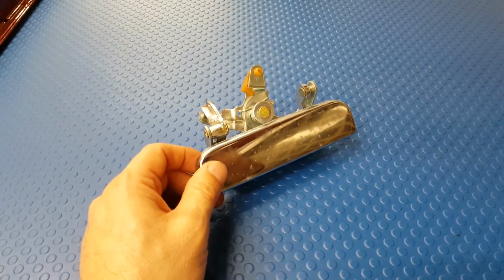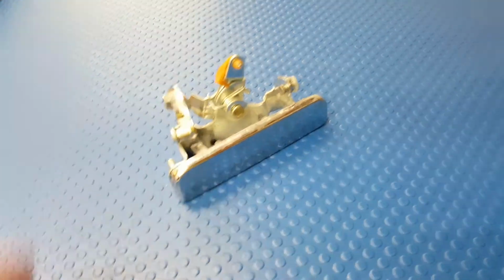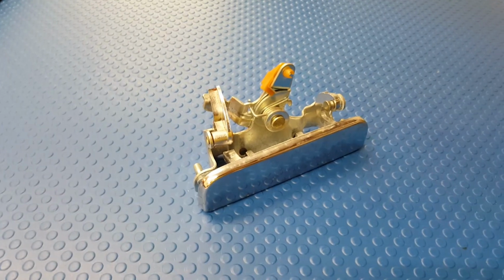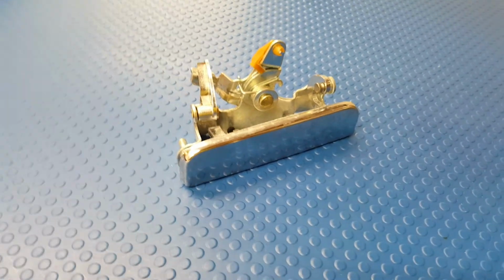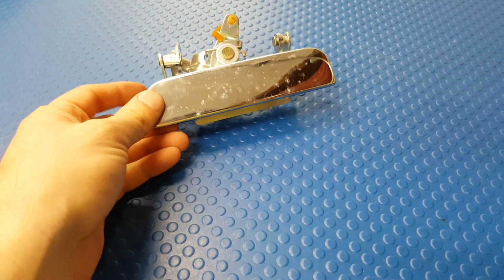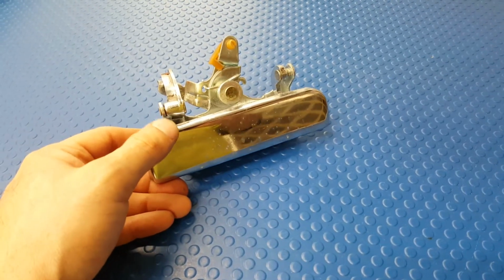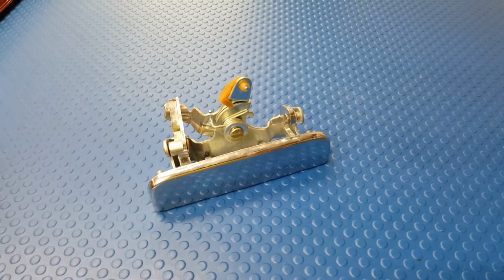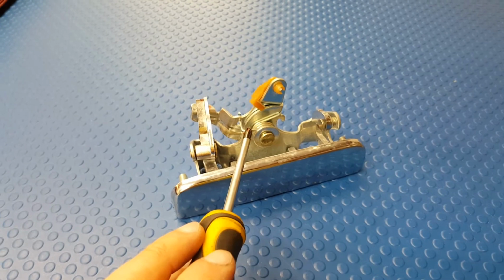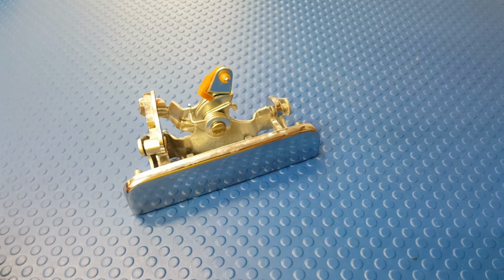But before I put that on the truck, I was doing some research. I was investigating this part, and I noticed a few things that I think could be done to improve the mechanism. One thing I noticed is that this handle takes quite a good load when you use it to open the tailgate. One of the reasons is this spring here. So I think it's pretty hard on the handle. And one thing I did on my one to release the tension of the spring,